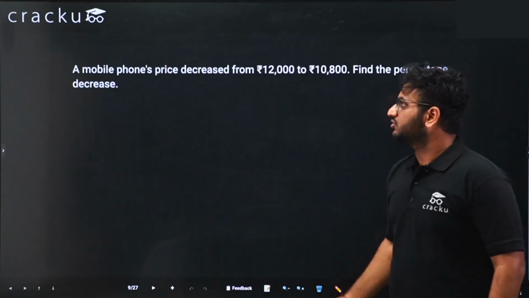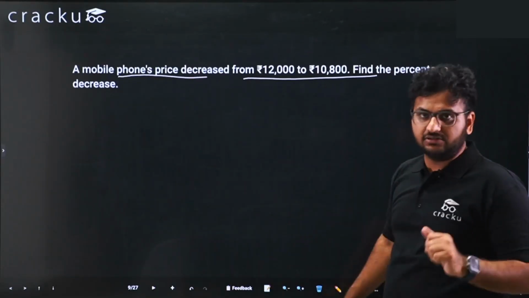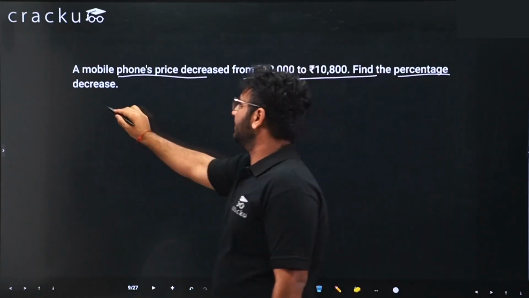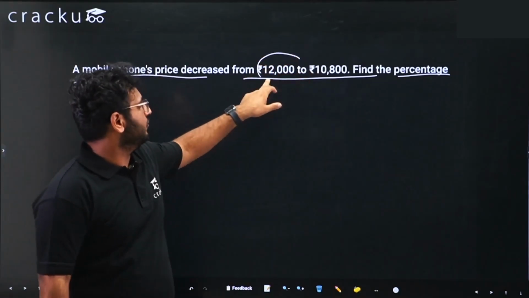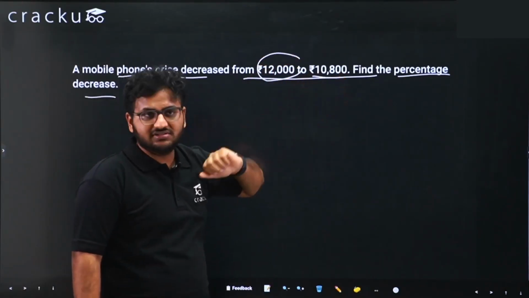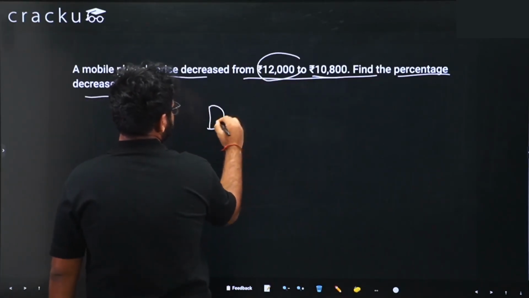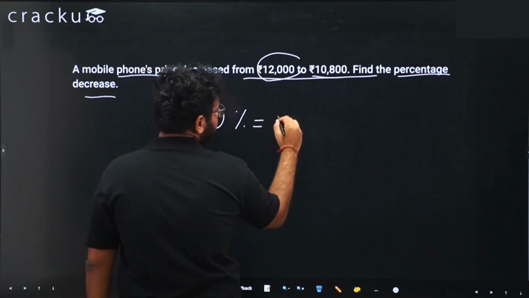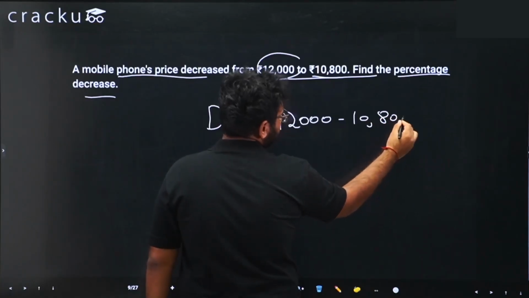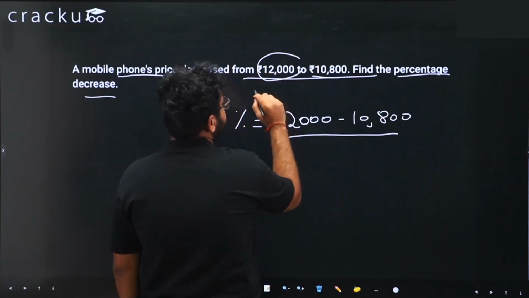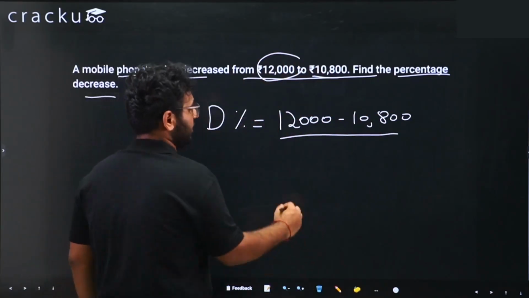Now another question. A mobile phone's price decreased from 12,000 to 10,800. Find the percentage decrease. Basically, the original price of the mobile phone was 12,000. It decreased to 10,800. So decrease percentage will be equal to decrease, which is 12,000 minus 10,800, divided by original. 12,000 is the original price. So 12,000